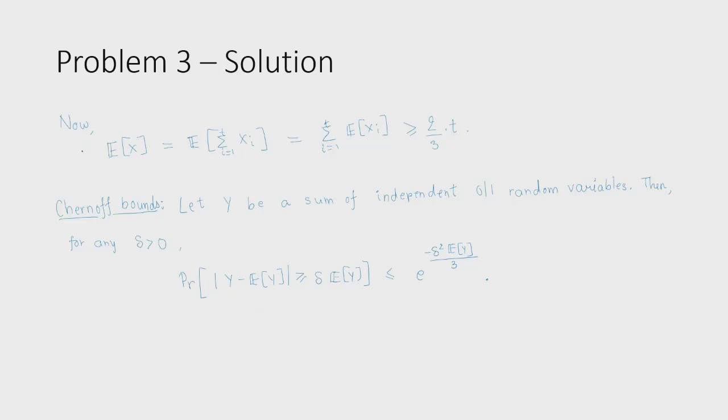to prove that the success probability is pretty large. Our y in this case would be x, and notice that x is a sum of independent 0 1 random variables. So it does satisfy the hypothesis. We can use Chernoff bounds for x. So what do Chernoff bounds give us for x? So they give us that